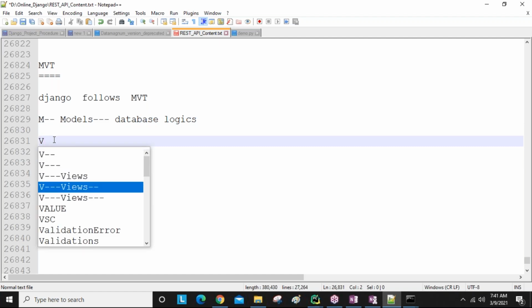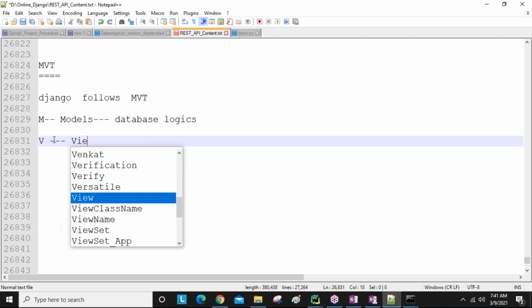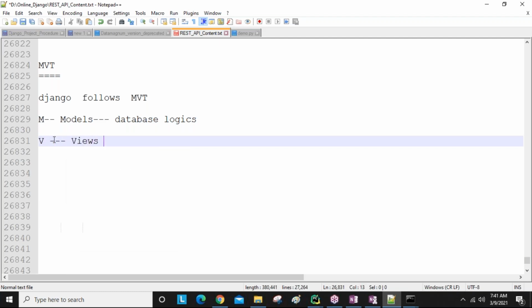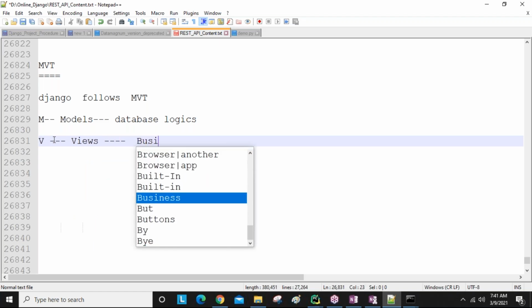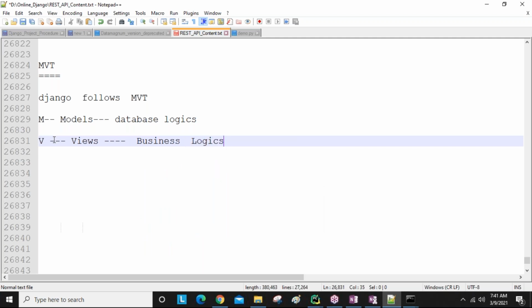Next, views, guys. V stands for views. Using the views, we write business logic of our application. For example, whenever I do registration, you enter all the fields data like username, password, email using the presentation. On the business side, the backend code side, I need to accept all the data the users send and store it in some variables.